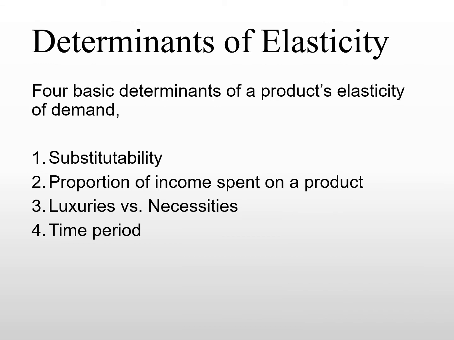So what are the determinants of elasticity of demand? How come a product can be more elastic in certain markets but less elastic in others? Or you can ask yourself, how come sometimes I think a good is more elastic and sometimes less elastic? There are four fundamental components that cause the price elasticity of demand of a good. Number one, substitutability: whether you can easily find substitute products in the market or not.